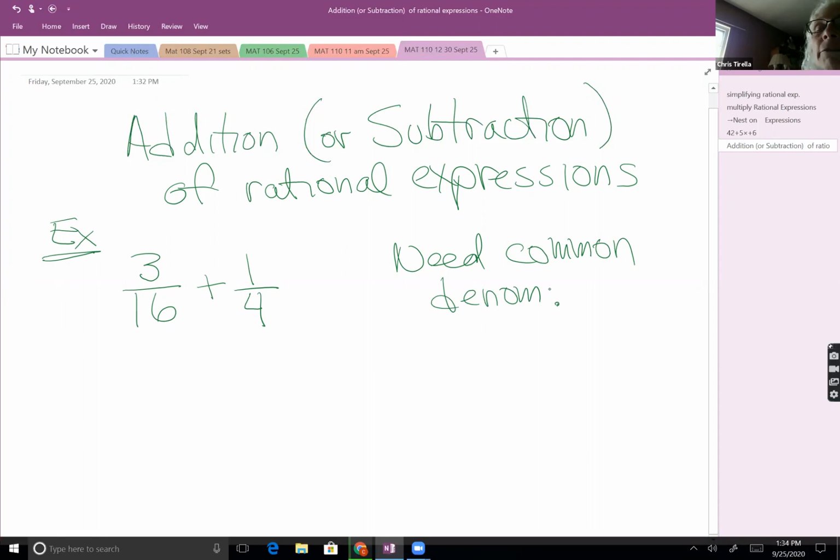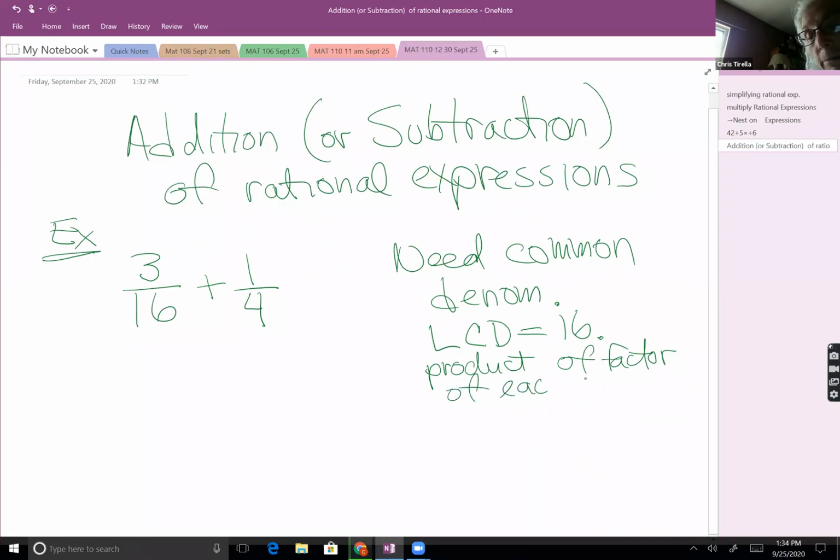When I look for the common denominator, we usually look for the least common denominator. Is everybody all right though? I'm not going to use the 4 as my common denominator, but instead I'm going to use the 16. The common denominator has to be divisible by the factors of all the denominators. We look at it as the product of the factors of each denominator. Common factors, we use the highest exponents.